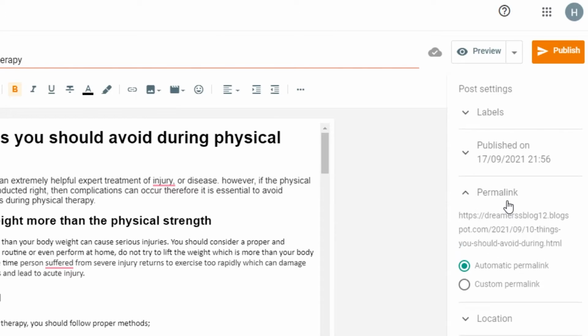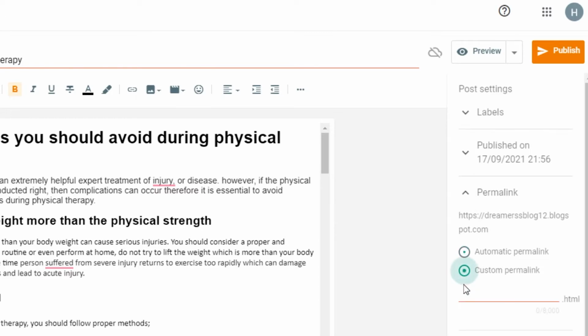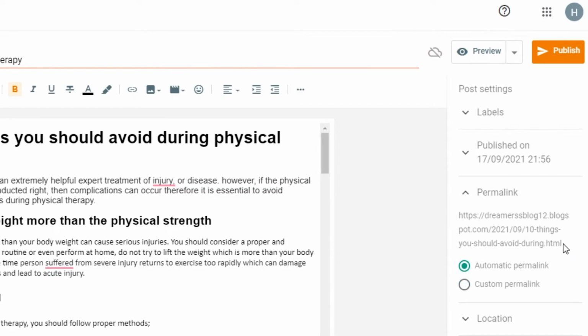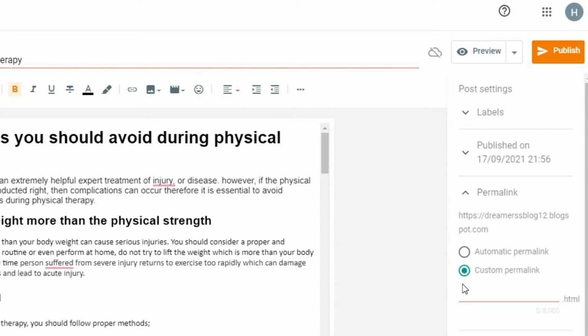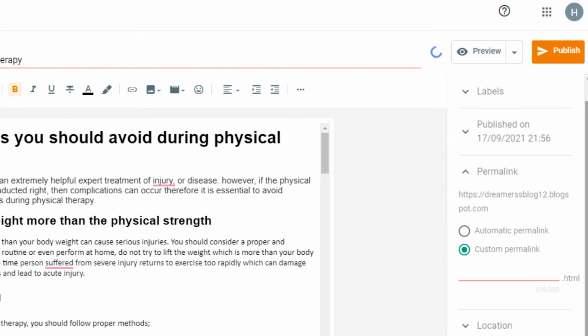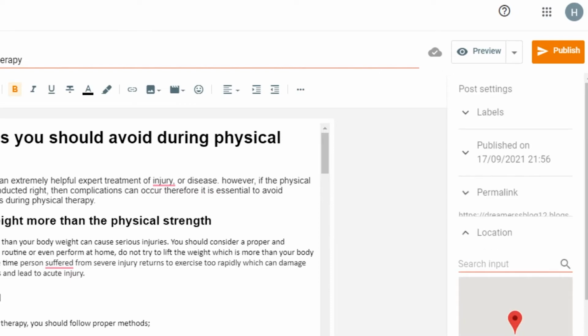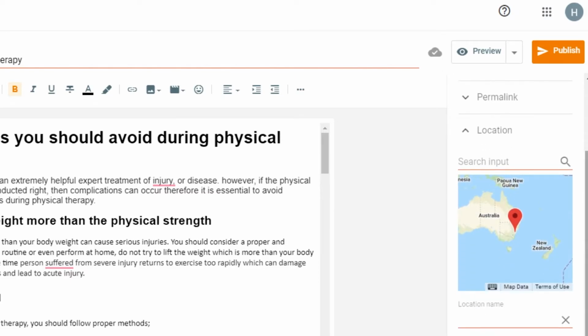From permalink, I suggest you go to custom permalink, because then this will be the link that you created, because the automatic link involves everything. It has this publish date and everything. So just go with custom link, so it's easier for you to share this link and work with it becomes a little easier. So go with custom permalink, and then there is locations, where you can actually see the location